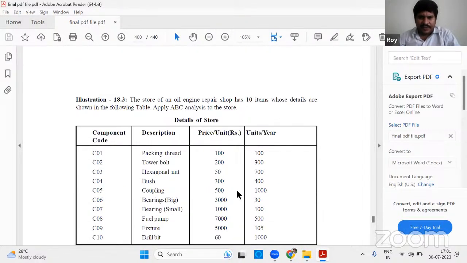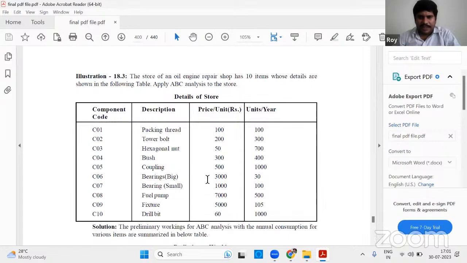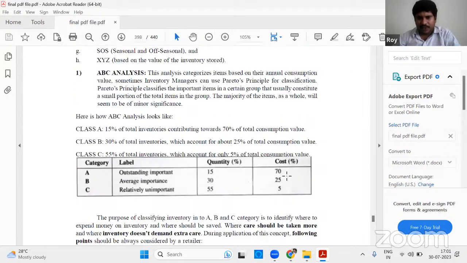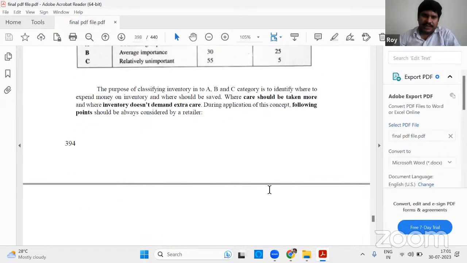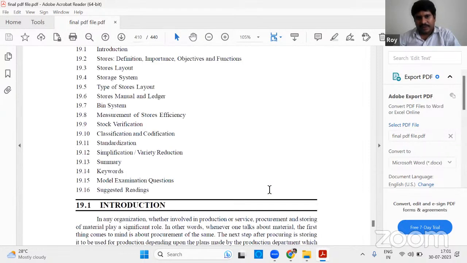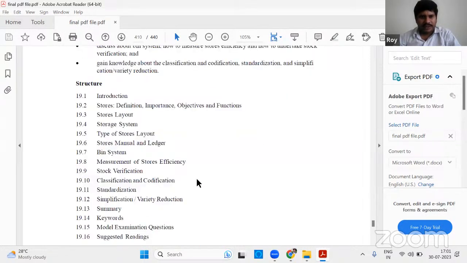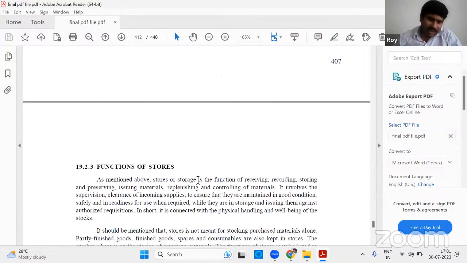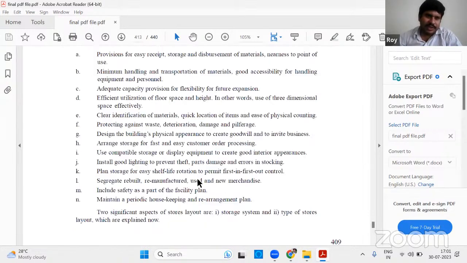See this. If you take this, which items are contributing almost 15% of the total cost, that is called, see, cost is 70%. The next one, this is A items. The cost is 25%, B items. C items are the least cost items. Like that, you go through the notes, you will understand. Okay. These are all the very important things, inventory control techniques. Even the stores management is also very easy. I do have good material on this to explain, but I can't